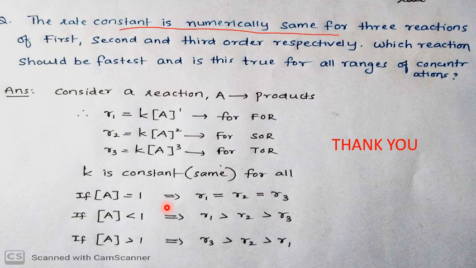Different cases are there. You can see here. If A equal to 1, then R1 equal to R2 equal to R3. This is the first case. If concentration of A is less than 1, you will get this order. When concentration of A is greater than 1, then you will get this one. All these are descriptive questions. Try to solve this type of questions, then only you can solve objectives very quickly. Next,